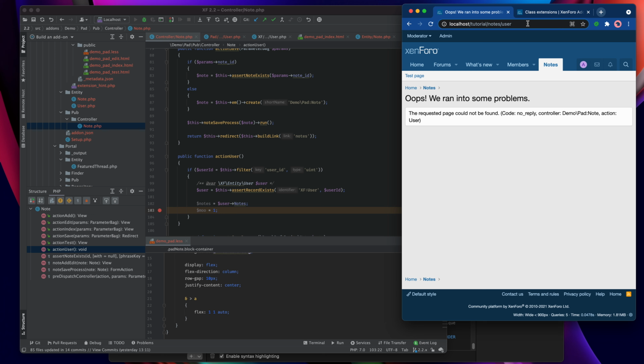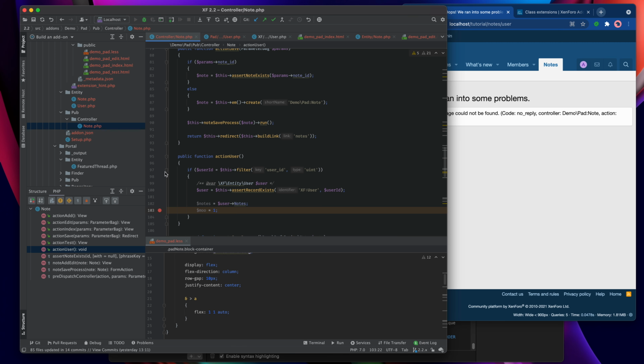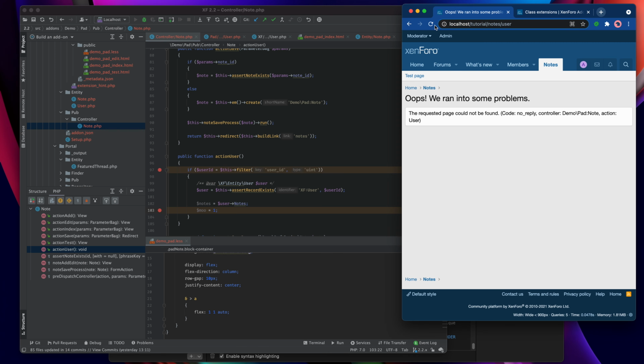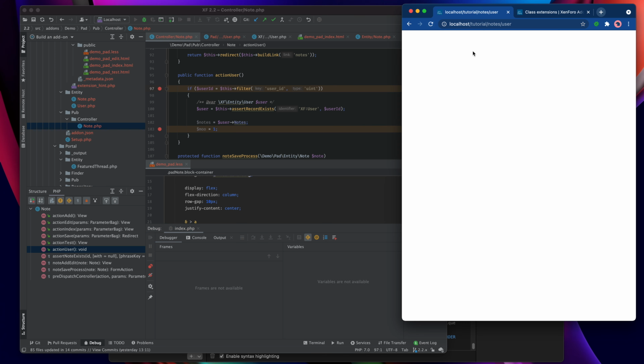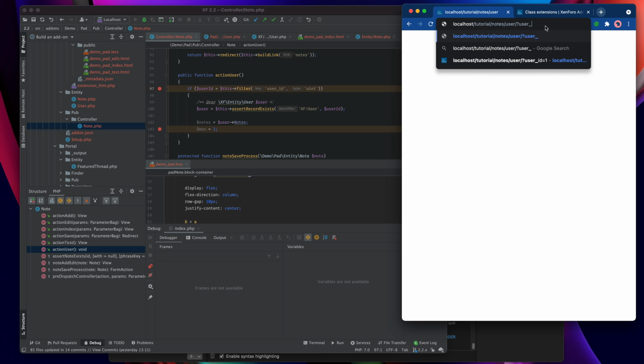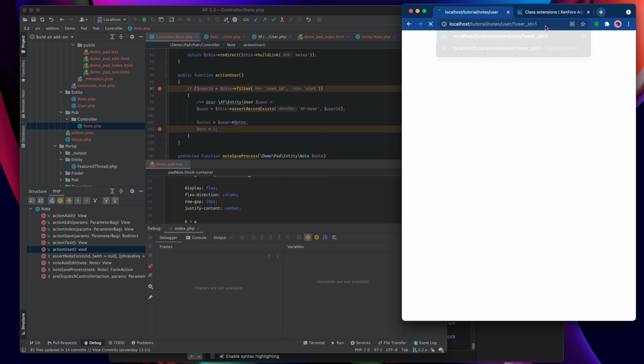That's great, because what I actually want to do is just check that we get there with the debugger. So let's run that again, and yes, we're there. So great. And now I'm going to add my user ID to the query string, /user ID equals my user ID 1.